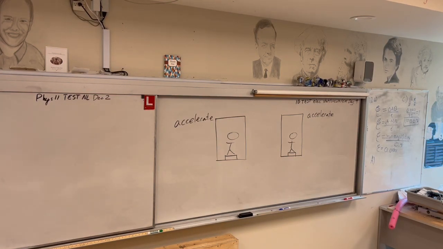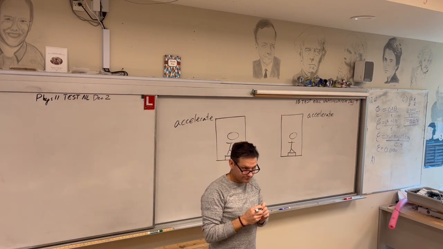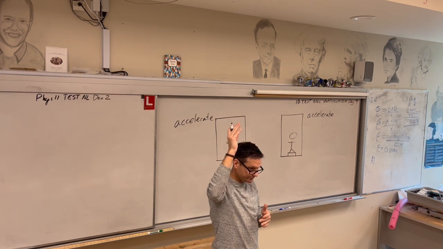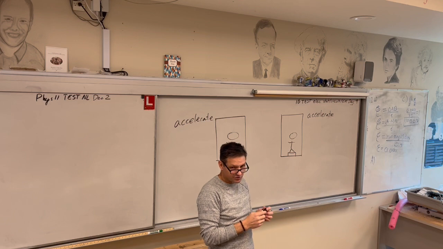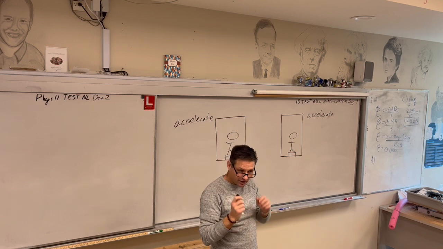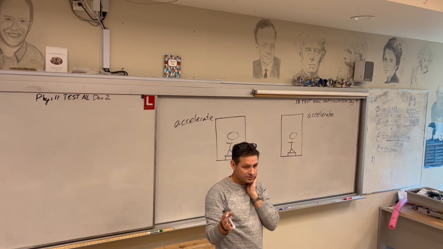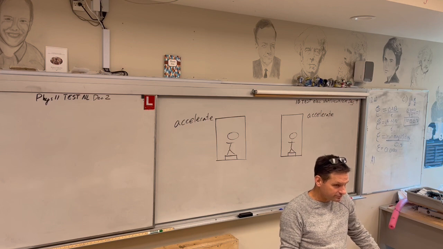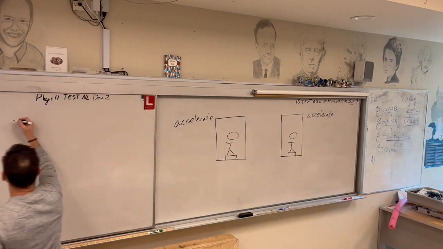Elevators. In an elevator, you can only accelerate up or down. What's the only other thing that you can be doing? Constant velocity. If you have constant velocity, what's your acceleration? 0. So what's your net force? 0. So on the scale, if it's 0 velocity, 0 acceleration,